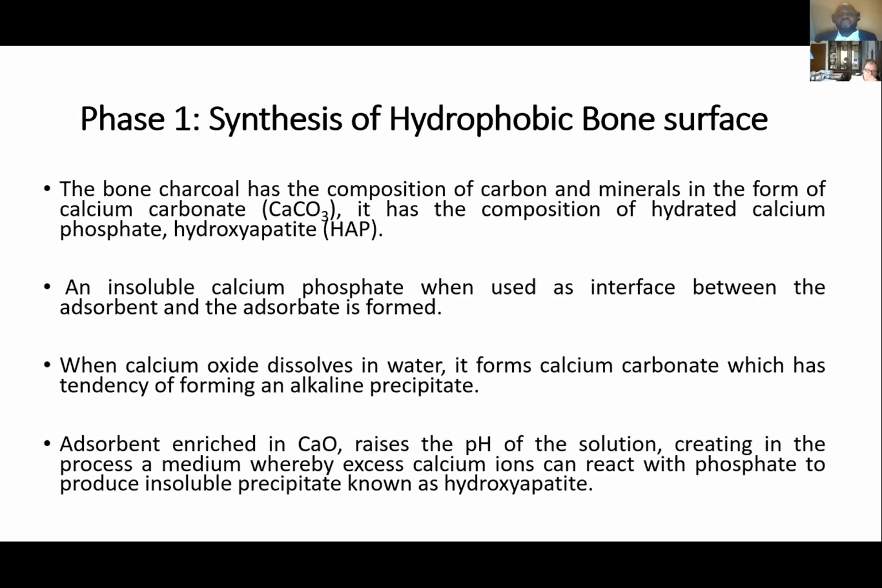We have worked on hydrophobic bone surface from cow bones, but the composition, as you can see, bone charcoal has a composition of both carbon and minerals in the form of calcium carbonate, hydrated phosphate, and hydroxyapatite. And insoluble calcium phosphate, when used as an interface between the adsorbent and the adsorbate, is formed. So in a nutshell, an insoluble precipitate is always formed, which serves as an interface between the adsorbate and